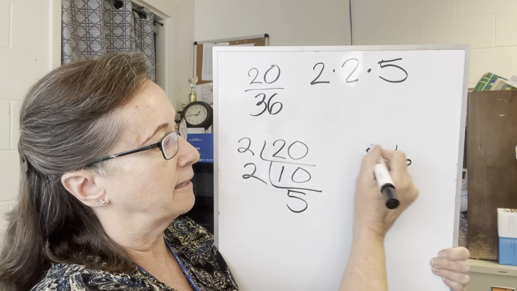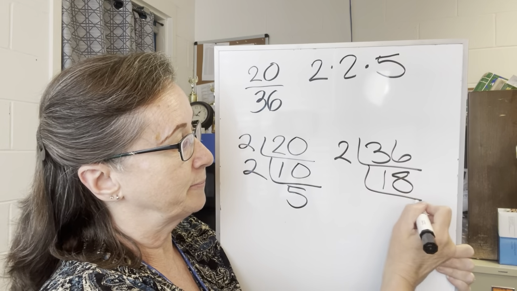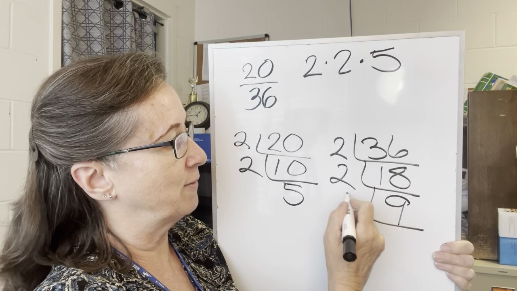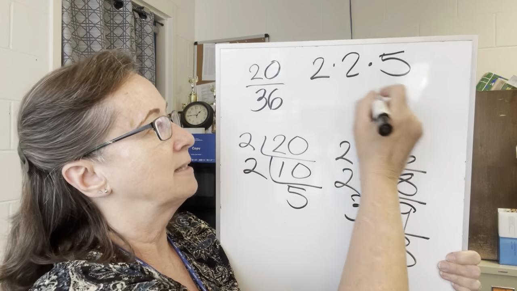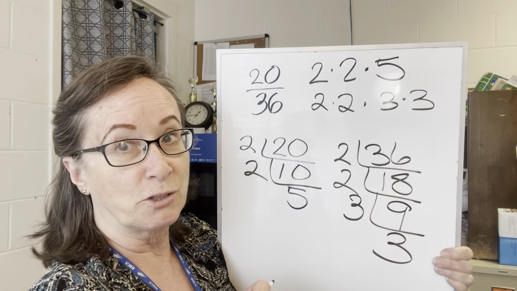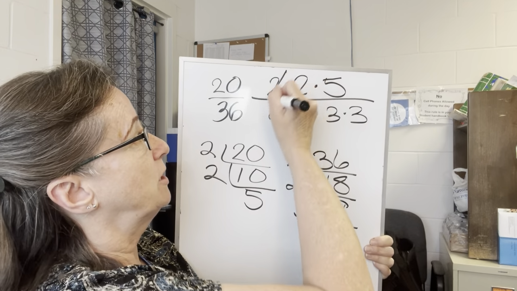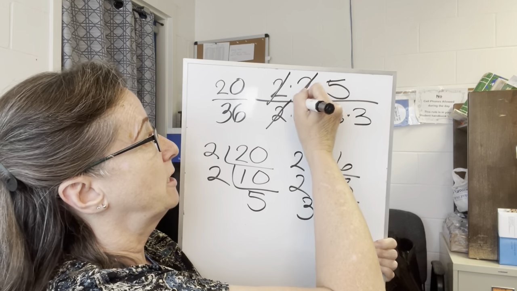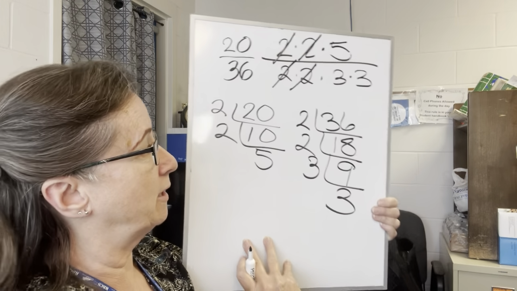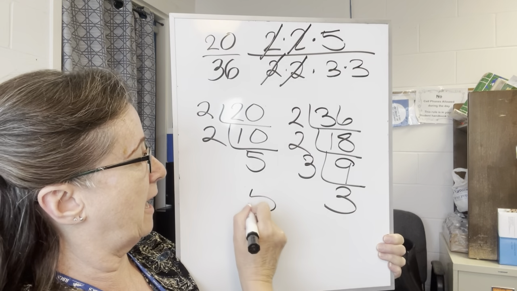36, we're going to divide by 2 to get 18. And divide by 2 again to get 9. But 9 is divisible by 3 and 3. So we're going to have 2 times 2 times 3 times 3. So now we're going to cancel the common factors. And we have a 2 and a 2, and a 2 and a 2. But 5 and 3 have nothing in common between the numerator and denominator. So our fraction is going to simplify to 5 over